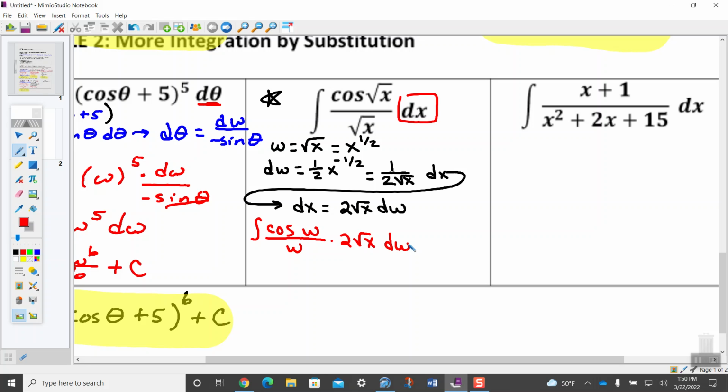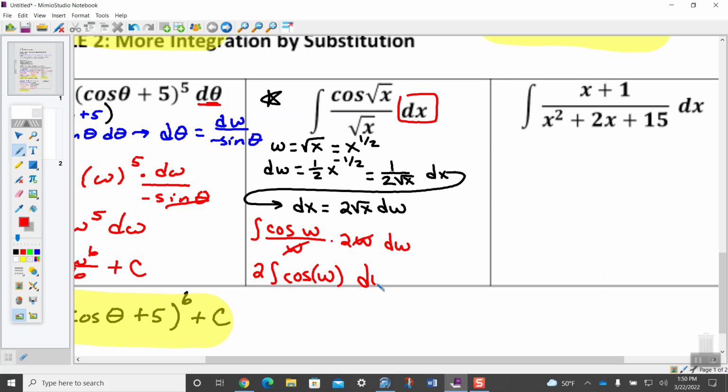So what can I really put right here? If I change this part right here, I'm just going to drop it out instead of rewriting. If I change that root x to a w here, ooh, are all the x's gone? That's a good thing. What's this w on the bottom going to do to this w right here? Cancel. Okay. This is now 2 times the antiderivative of cosine of w